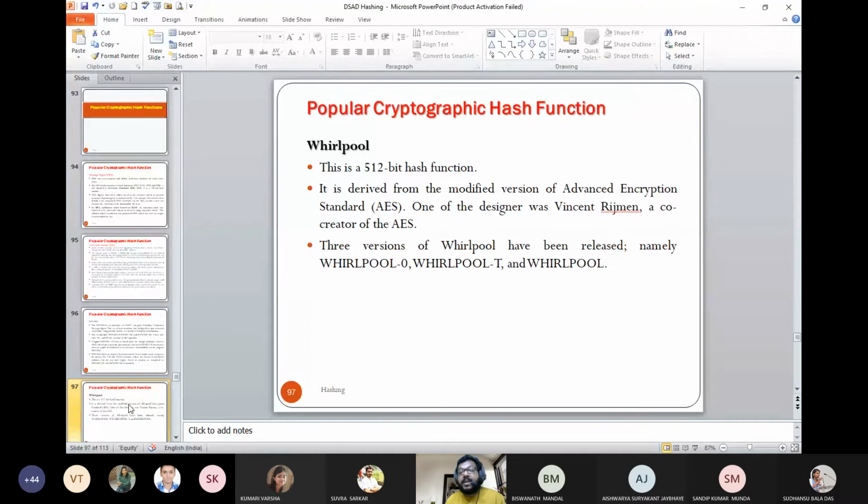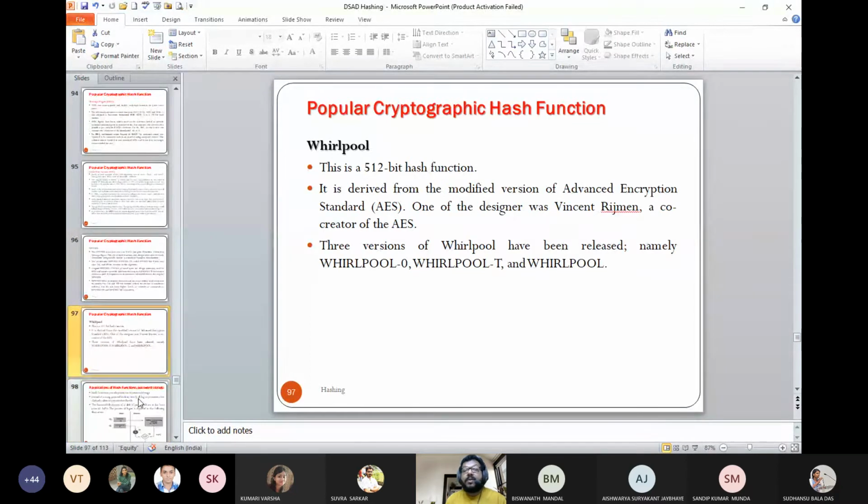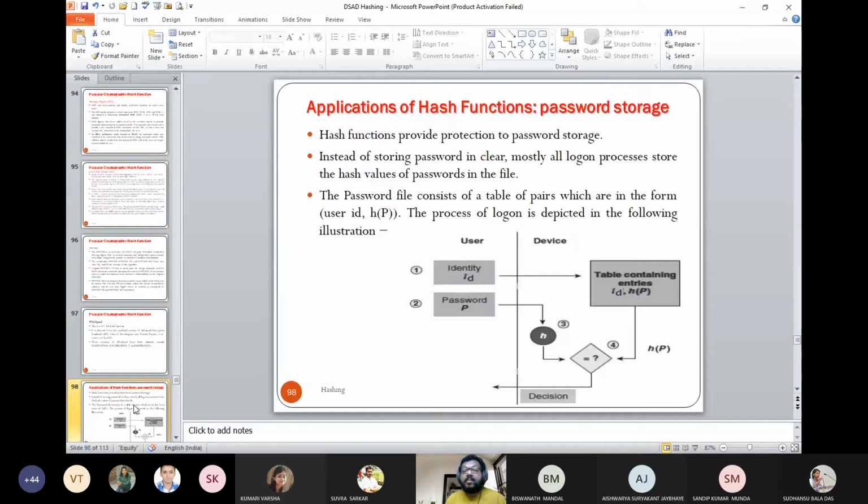Then this is a simple case of how a password is stored, an application of the cryptographic hash function. The user has an identity, maybe your user ID, and second is your password, and then you have a storage device. This is the hash table where the search has to be carried out. In step 1, the input goes to the identity, and this is where the password is stored, and you try to match. If it matches, it is allowed. If it does not match, you are denied.